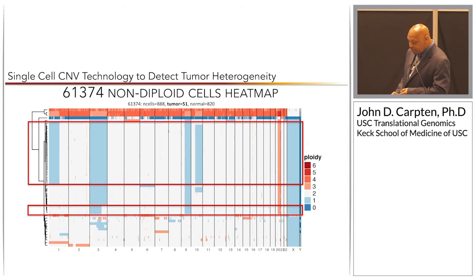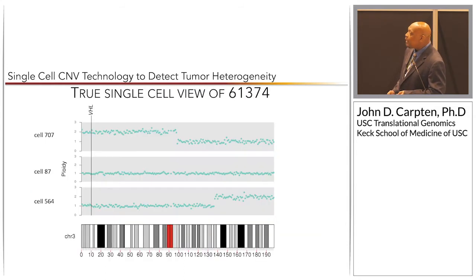Now, the other great thing about this technology is that because the cells are individually barcoded, we can then go back and look at the copy number plots of individual cells. And to be able to deduce this level of heterogeneity, from my perspective, is incredibly powerful. Now, of course, we've gone beyond the current specs